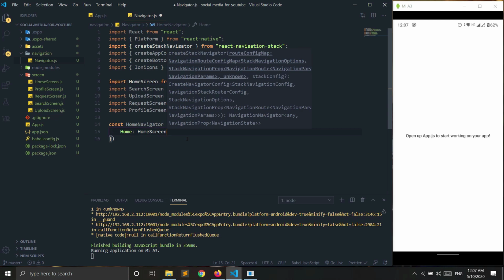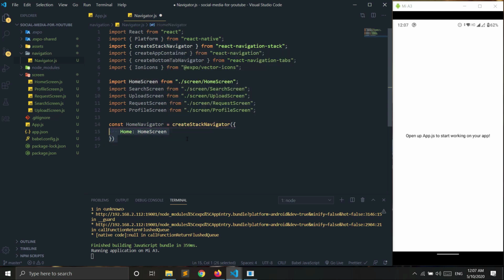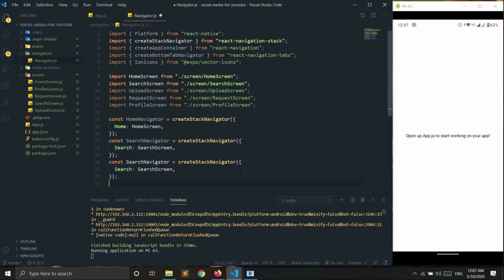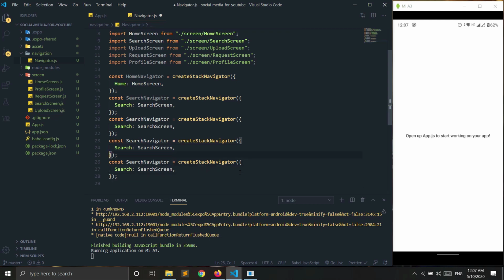Here the first screen will be our home screen. I'll just copy this, and the second will be our search navigator, with the search screen. The next one will be our upload screen.